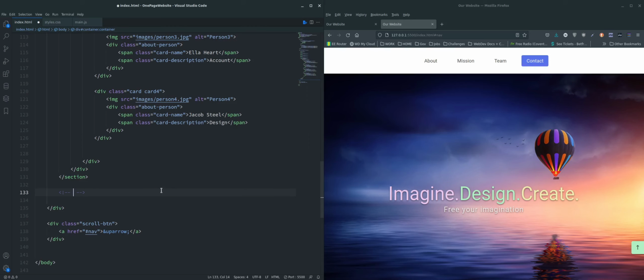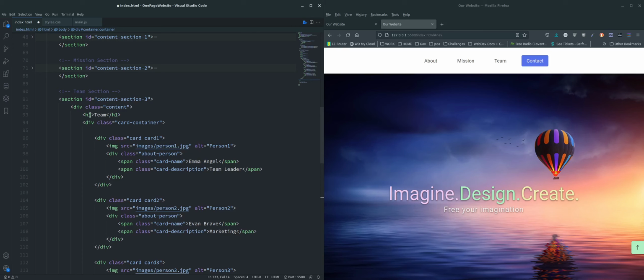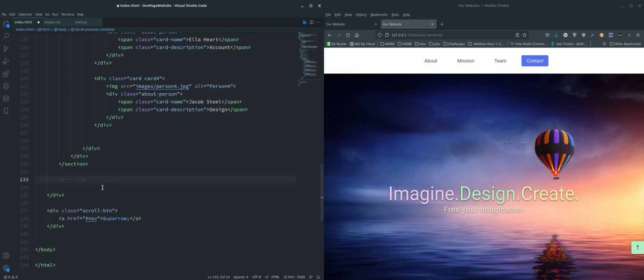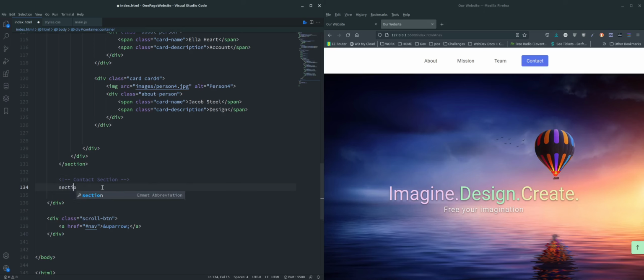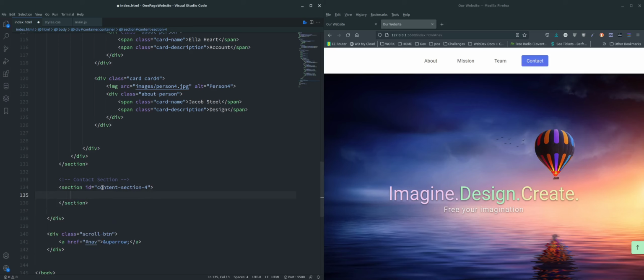So what section is this, and how did I note it before? Team section. So let's do contact section. So we need a section with an ID of section content section 4. There we go. And as per norm, we're going to do a div with the class of content. So we can actually just write that. It'll do it for us. There we go. Right, let's give it an h1 and say